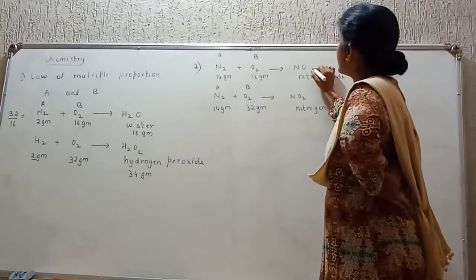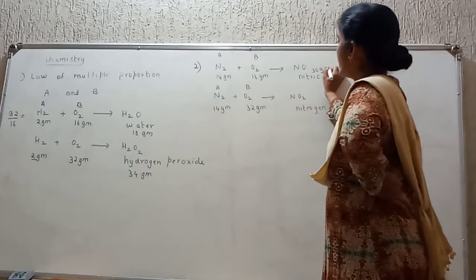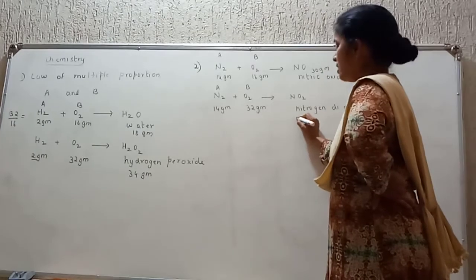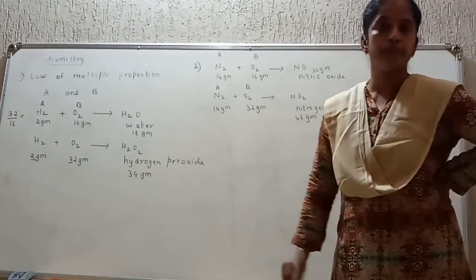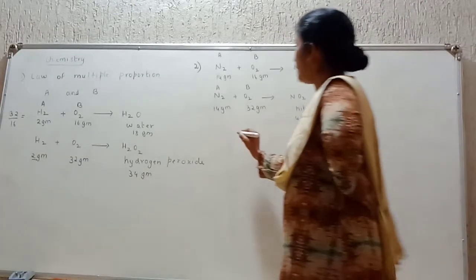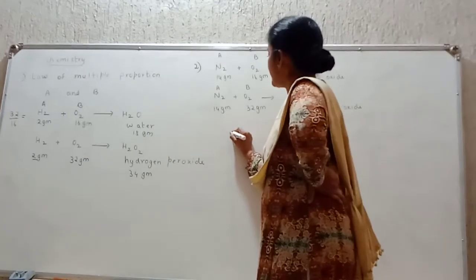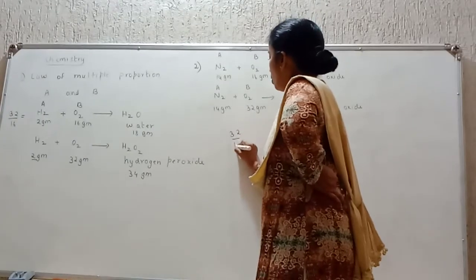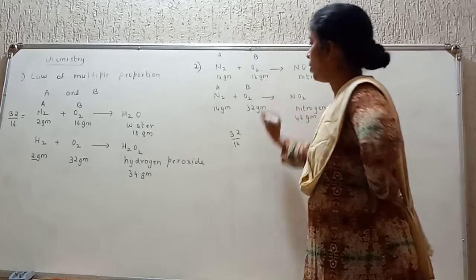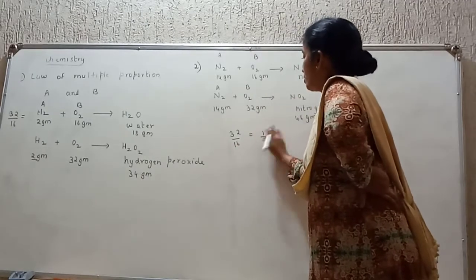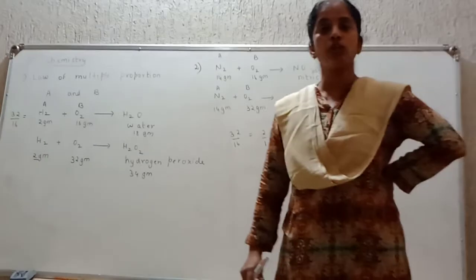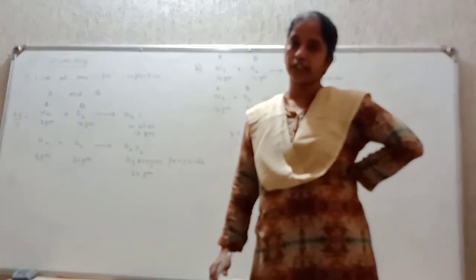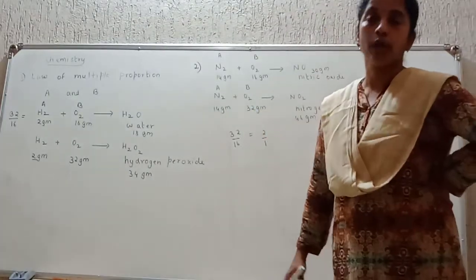Here कितने जाना students? This is 30 gram and this is 46 ग्राम. कळते, म्हणजे mass of B which combines with A is in the form of simple whole number ratio, that is 32/16, which is 2/1. That is law of multiple proportion. Are you okay? Point number 1.